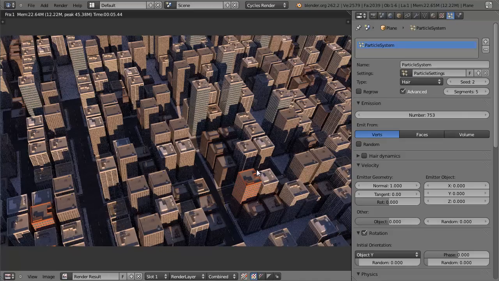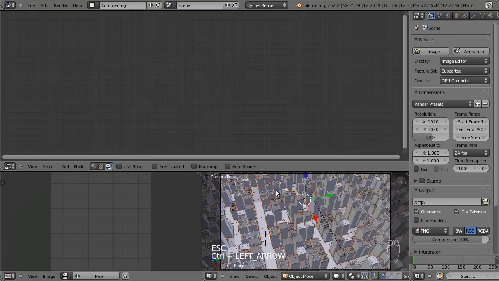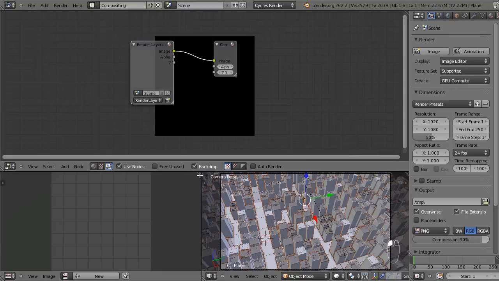So the scene is essentially done. I mean, you've got parts of road missing or whatever else, so it looks kind of incomplete. But as I said, piece it together, guys. You know how to do it. So I'm just going to go now and add in a hazy looking effect. So jumping over to the compositor here,